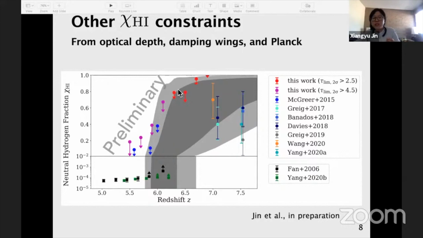Also, because the sky is very noisy at the high redshift end, sometimes the background subtraction is a little bit over-subtracted. So we have some slightly negative offsets in the flux. That will cause some problems when we use that definition for the high redshift.